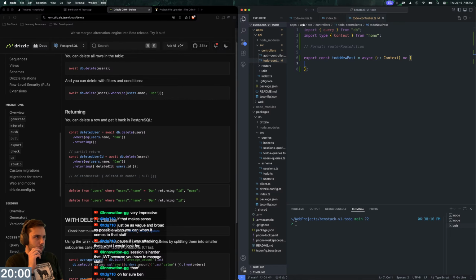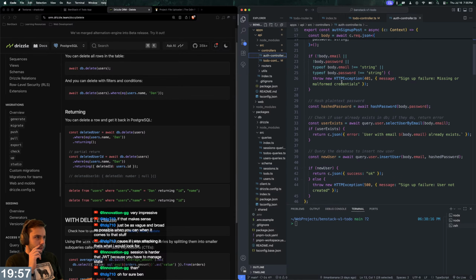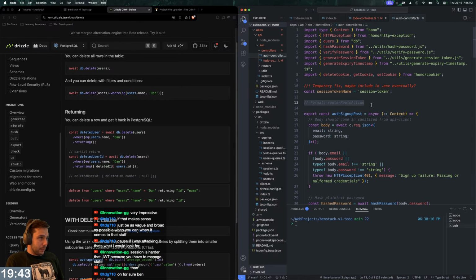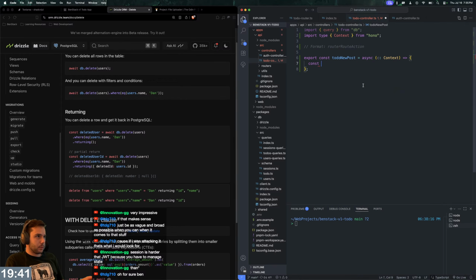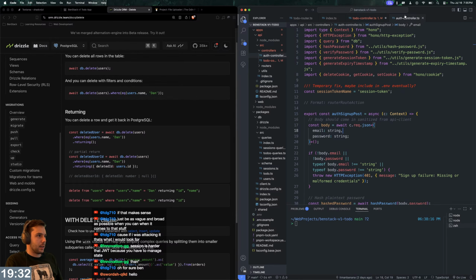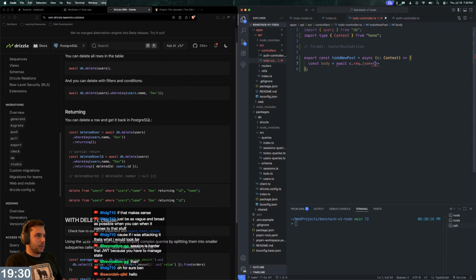So let me think about how I want to do this. Do I need to validate anything? So we're going to be getting in, our context is going to be a user ID, right? So the other thing is we're going to say const, I think I just usually do body. So const body is equal to await c.request.json. And then it's just going to be a user ID. This is not the best typing, but it'll do. And then this is a function,